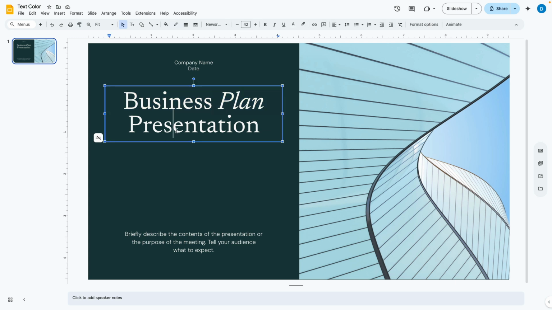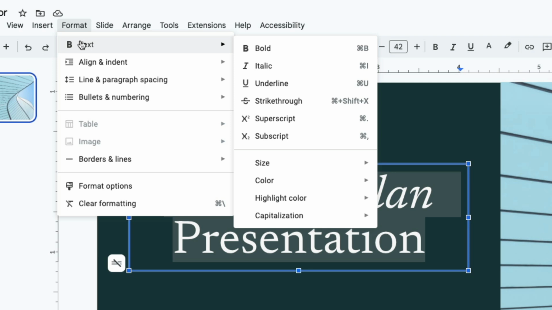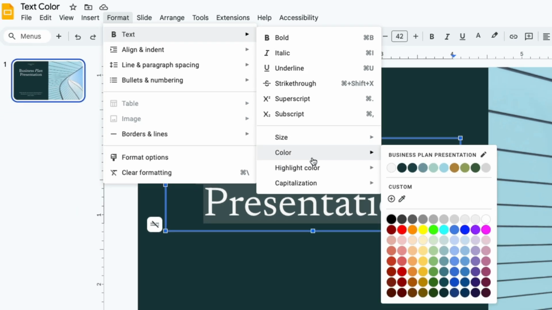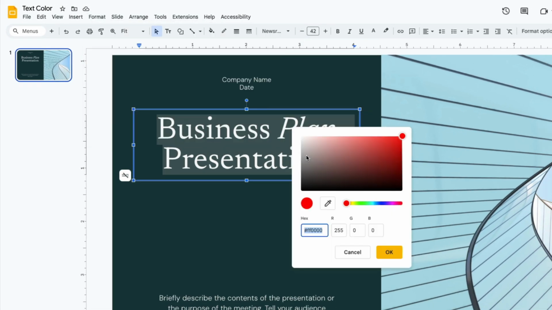The first way to do that is to highlight the text that you want to change, then go to the top where it says format, then select text, then select color, and then from there, select your desired color. You can either choose colors here that match the theme or presentation that you're using, or you can select colors from this set of colors, or you can be very specific by clicking on custom color, where you are able to type the hex code, the RGB numbers, or use this slider to find the specific color that you want,